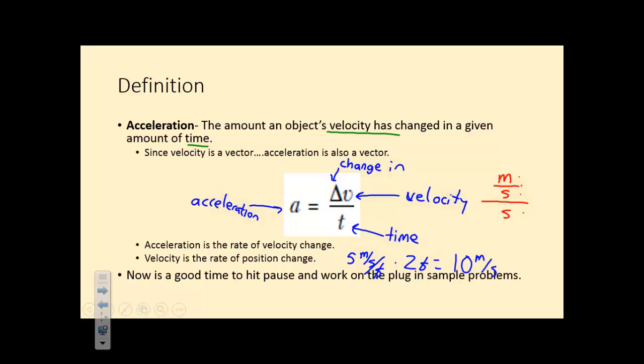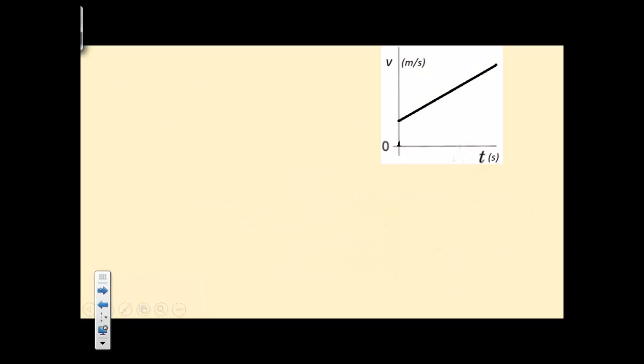Good work. There's another way that we can represent acceleration, and that comes from the definition of a straight line. If we have something's motion represented by this velocity versus time graph, and a good spot to take notes for this is at the bottom of the front page of that sheet, that thing looks like a straight line to me. Since this is a straight line, we can say